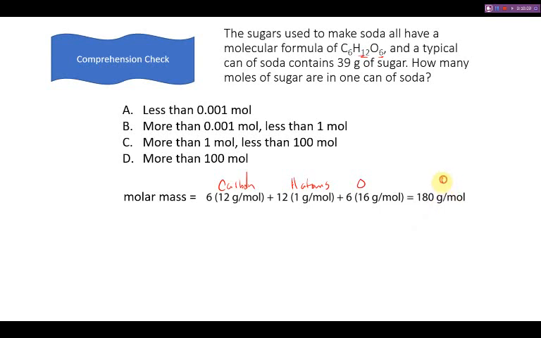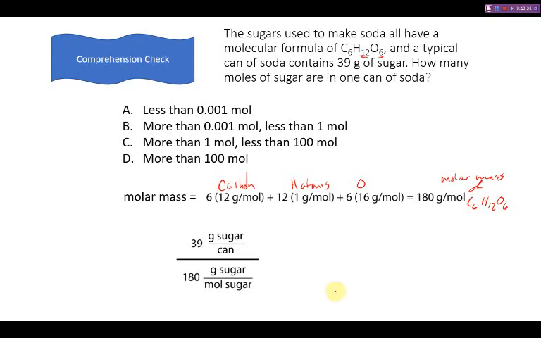This is the molar mass of C6H12O6. And if we want to know how many moles there are in 1 can of soda, we can just take a ratio. We know there's 39 grams of sugar per can, and if we divide by the number of grams